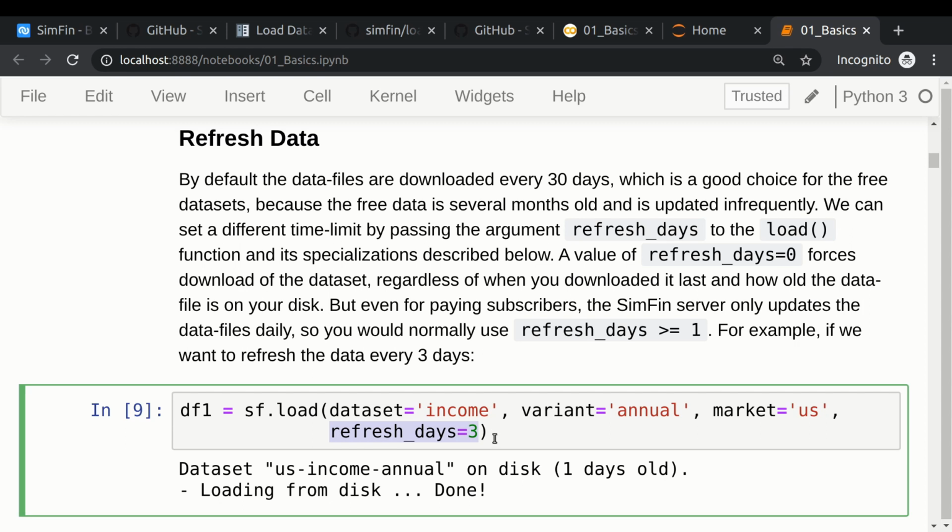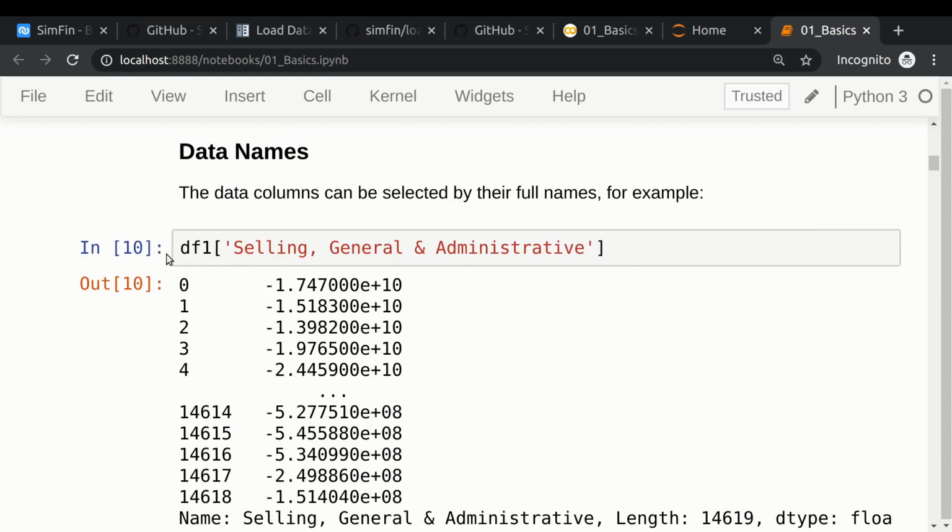And if you go from the free data to the paid subscription, you should do this. You need to either refresh it by setting this number to 0, or you need to delete the data directory on your hard disk in order to get the full data that you have paid for. So once you have the data loaded into what is called a pandas data frame, you can get a column